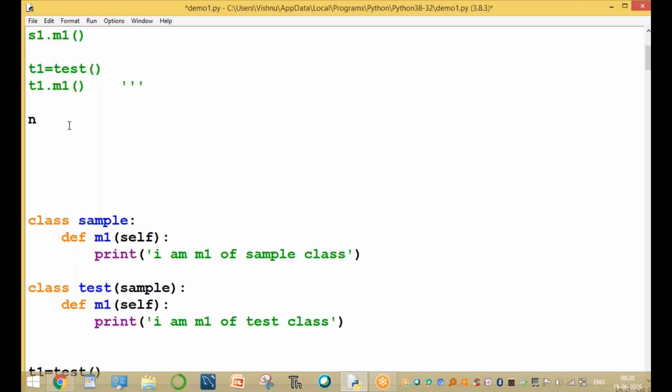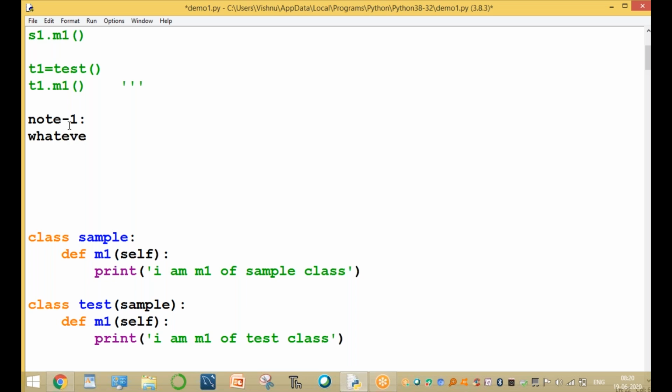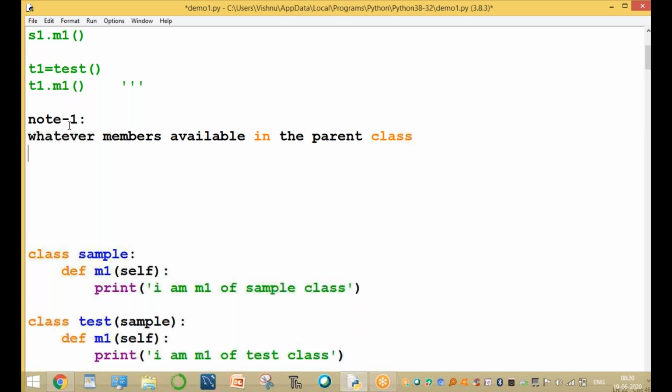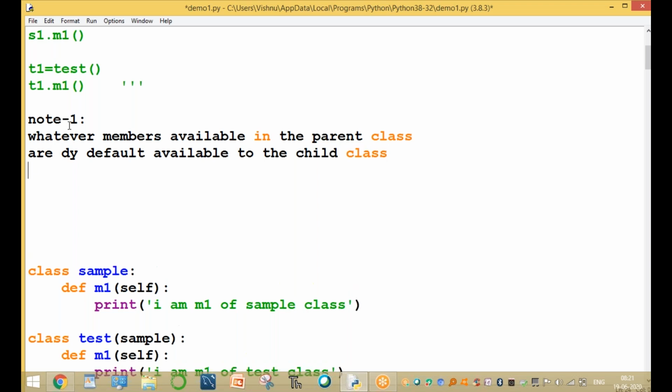Please note these points. Note one: whatever members or methods are available in the parent class are by default available to the child class through inheritance.